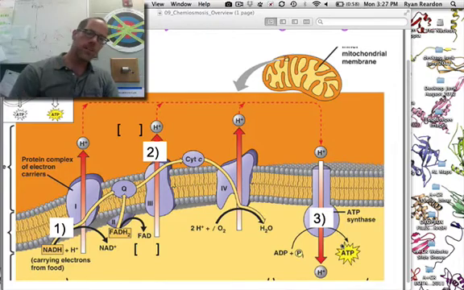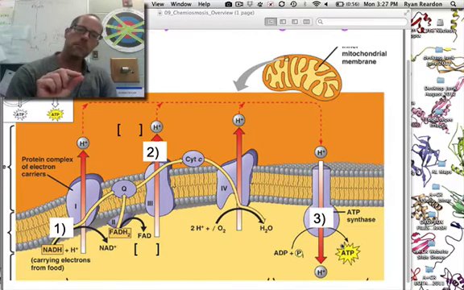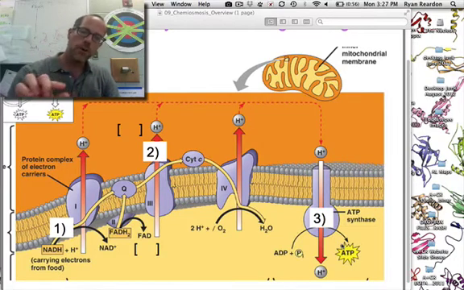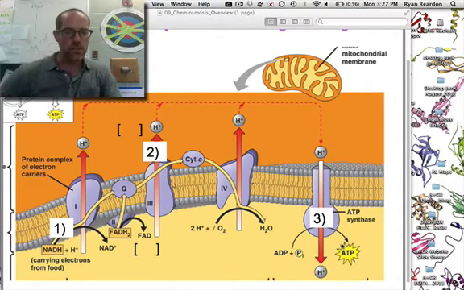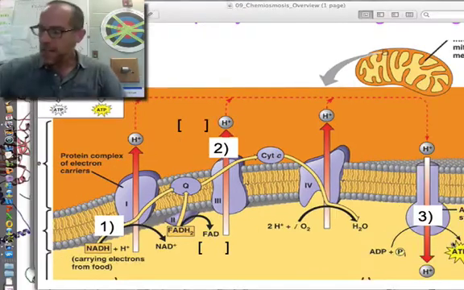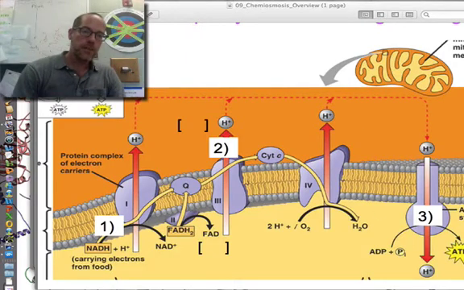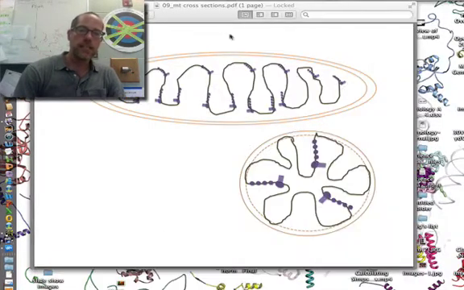But I've done this for years, and I watched students struggle with this concept, so I went ahead and made a couple of diagrams myself that will hopefully clean this up, and that's what we're going to look at during this screencast. We're going to focus specifically along the inner membrane of the mitochondrion and look at how energy conversions are coupled to make ATP.